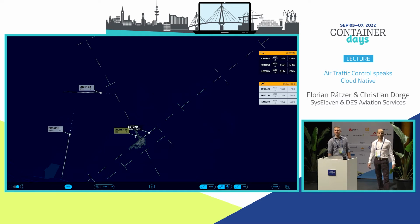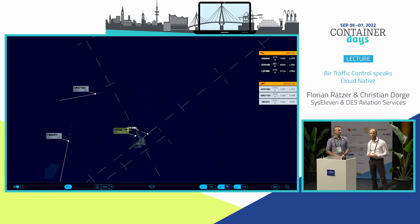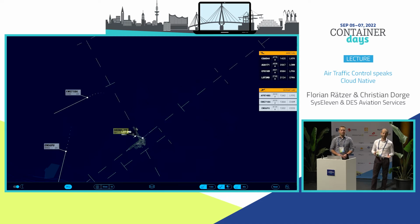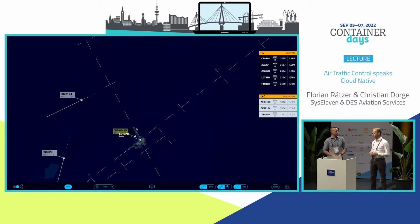What you're seeing here on this big screen is actually our product we are talking about today. This is Phoenix Web Innovation. This is the main tool for air traffic controllers to maintain minimum separation between aircraft and to operate flights safely and efficiently. Today, we would like to give you an insight in the technical journey from our legacy product, Phoenix, towards a cloud-native one, and talk a little bit about the requirements, technology, and also about the challenges we faced